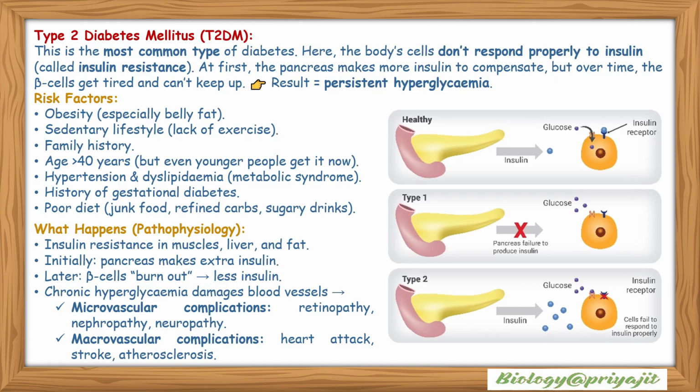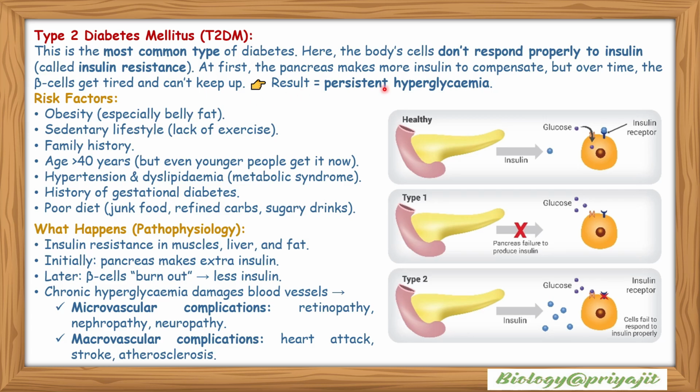Type 2 diabetes mellitus is the most common type of diabetes. 85% of diabetes is type 2 diabetes mellitus. Here the body cells don't respond properly to insulin, and this abnormal situation is called insulin resistance. At first, the pancreas makes more insulin to compensate, but over time the beta cells get tired and can't keep